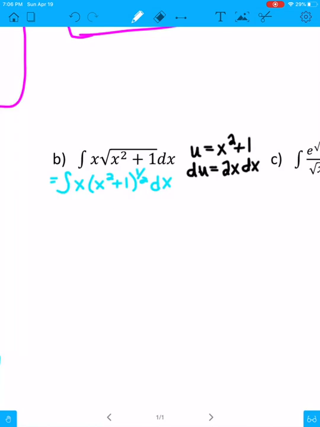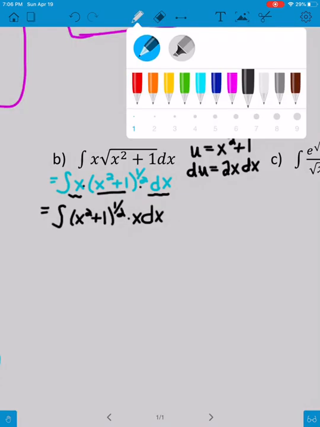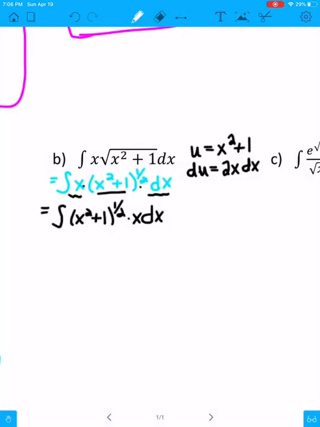Now I need to replace this with u. And then I need this to go away. So what I always do is I rewrite this so that it's easier for me to see my replacement. So I'm going to go x squared plus 1 to the half times, at the back, x dx. Now I can put them in any order because it's x times this times dx, right? So I'm going to rewrite it. So what do I need to do? I need to get rid of all these x's. I need to have u's in the end. So I'm going to have